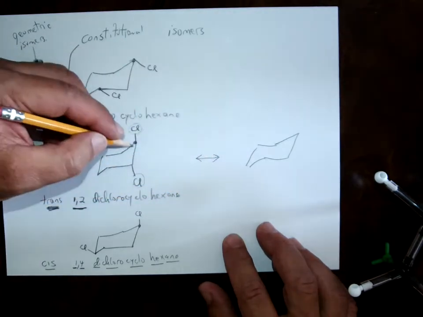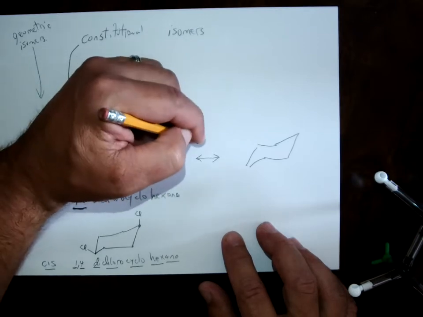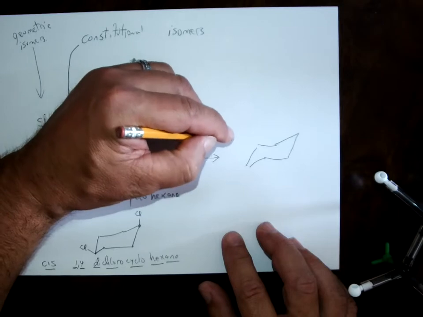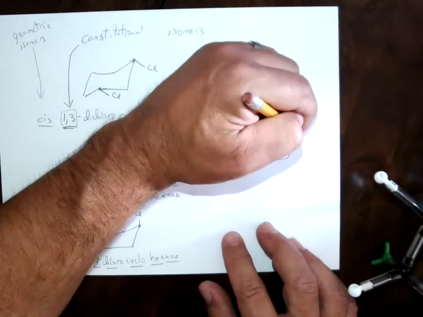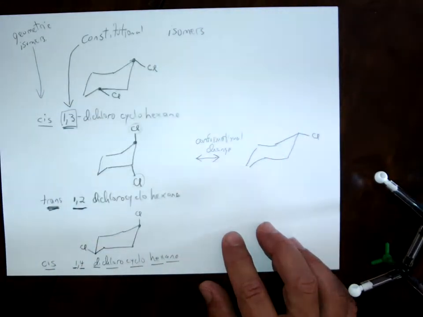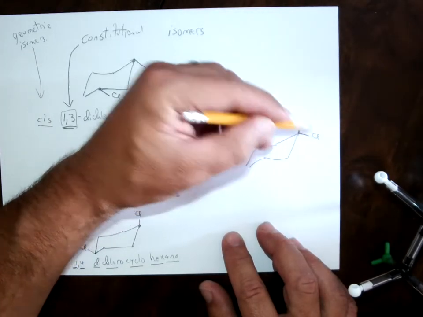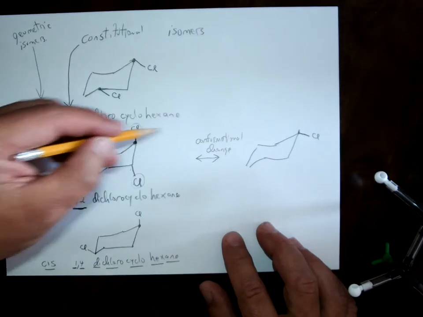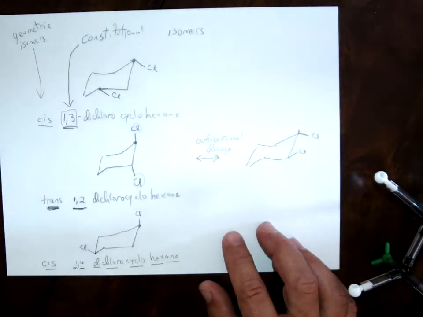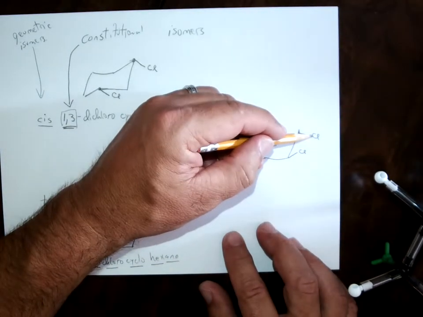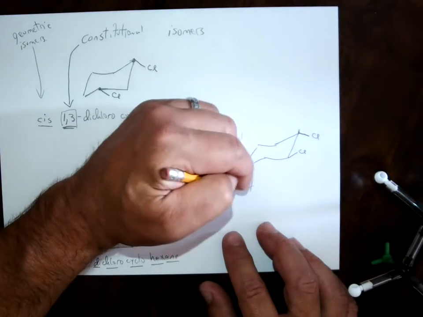So this guy had adjacent carbons with things in axial positions. When we do the conformational change, you're going to have the 2 chlorines go to equatorial positions, but they're going to stay trans. So if this guy is below the ring, he's in an equatorial position, the axial position moves to an equatorial position, then the other axial position moves to an equatorial position. Now this chlorine is below the ring, this one's above the ring, so it's still trans. So this is trans